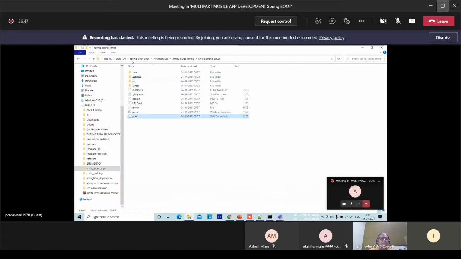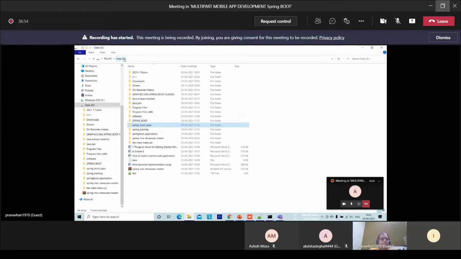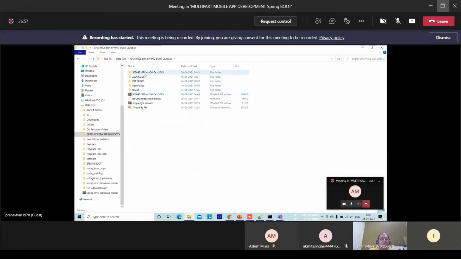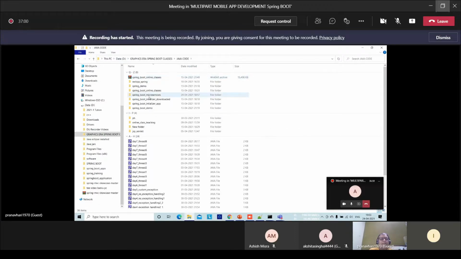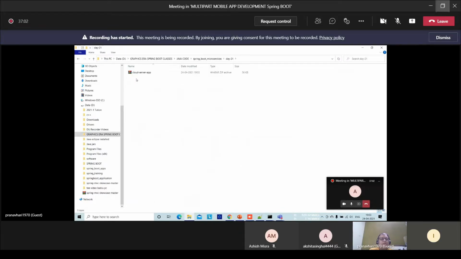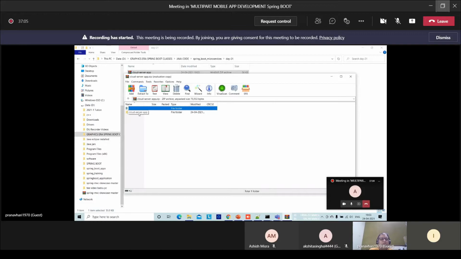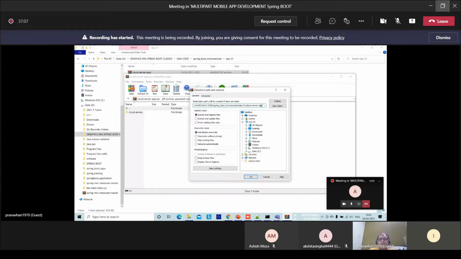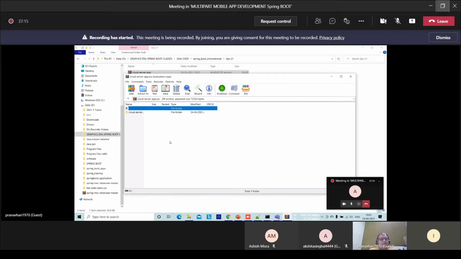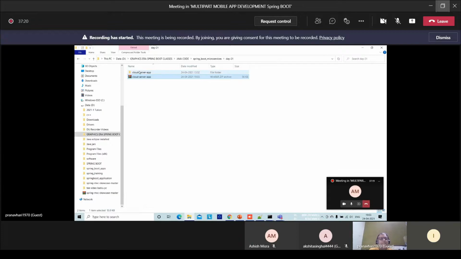Once the cloud server is downloaded, we have to locate the same, microservices, day 21. I'm just removing the last name, otherwise one extra folder gets created.